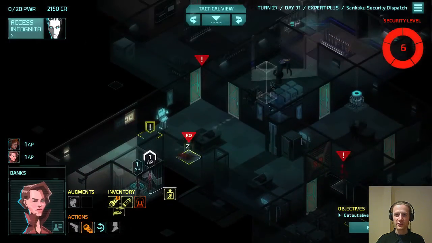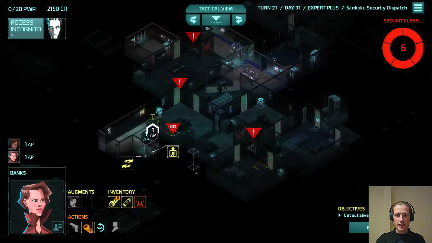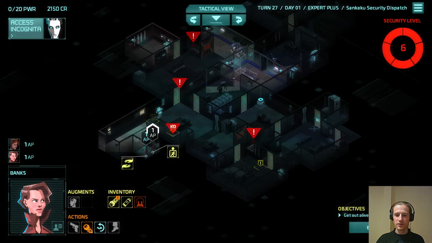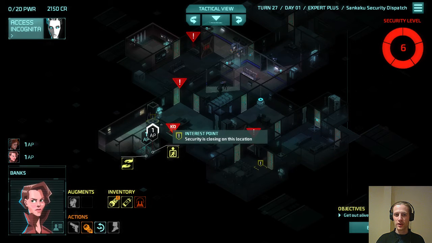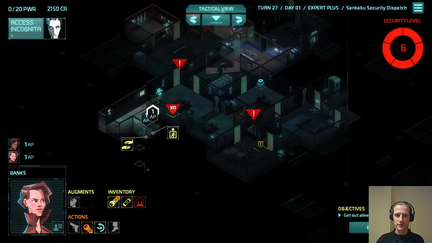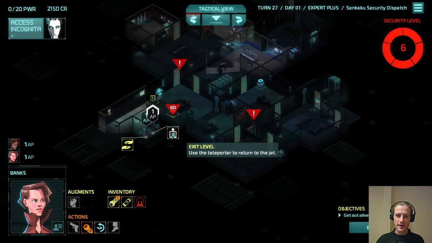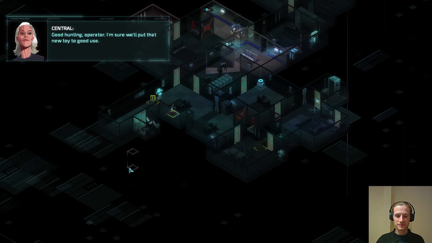So that's a success. I think we got 100%. We stole from both of the guards. We do have to pay for the cleanup cost. I think we shot 2 drones, so I think that costs 100 credits, but we got all of the consoles from the econ chip, so we're up at 2,150 credits, which is almost as good as we could possibly have done. So let's end it there. Good hunting, operator. I'm sure we'll put that new toy to good